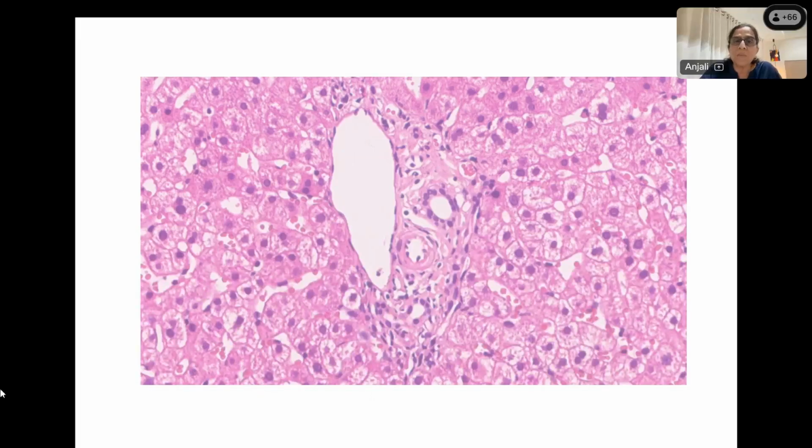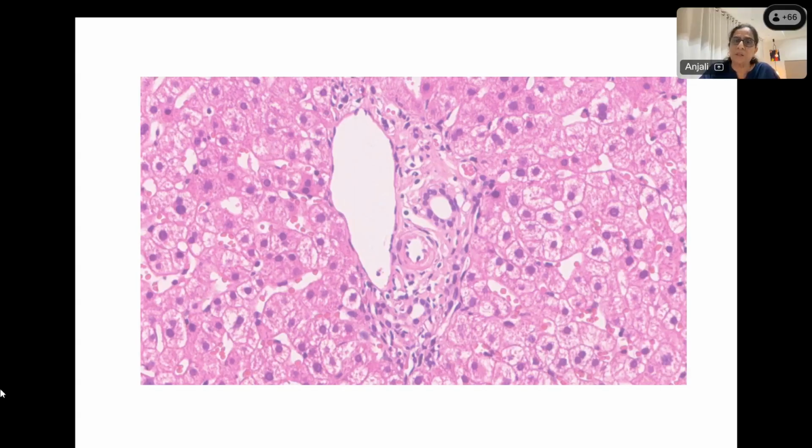So this is the higher magnification of portal area. Whenever you are evaluating any liver biopsy, this is the most important area where you have to see each and every structure. This is hepatic artery and a branch of hepatic artery. And artery always has some amount of muscle, so this is always circular in shape. As against this, this is vein. This is elongated, oval shaped, because it doesn't have muscle around it.